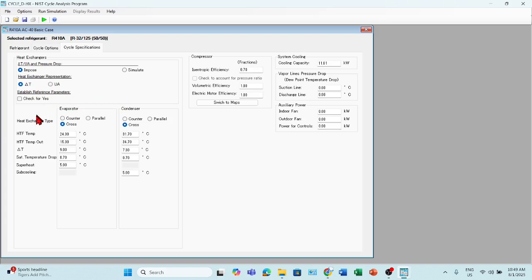And first we will see what parameters it has already updated from the file. For the heat exchangers it has selected the cross flow configuration, whereas it also has other configurations of counter flow and parallel flow. And this is the heat transfer fluid inlet temperature, which is usually air. It has already updated the heat transfer fluid inlet temperatures and heat transfer fluid outlet temperatures for both evaporator